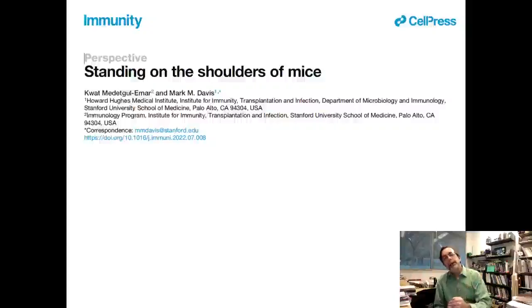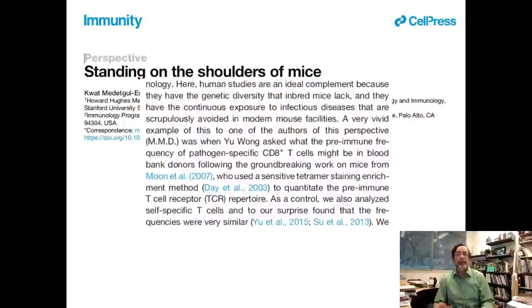Now, I never knew exactly how this came up until I read this paper, which has a great title, Standing on the Shoulders of Mice by Mark Davis. Mark Davis's argument in this whole paper is that we should be looking at human immunology more than we do, and yet we're looking at mice because they're easy to manipulate. There are significant differences between mouse and human immune systems. In the context of this argument, he mentions how they actually came up with this study before. He's saying human studies are an ideal complement to mice. He's not saying that we shouldn't look at mice. He's just saying that we should re-emphasize human, even though it's hard.